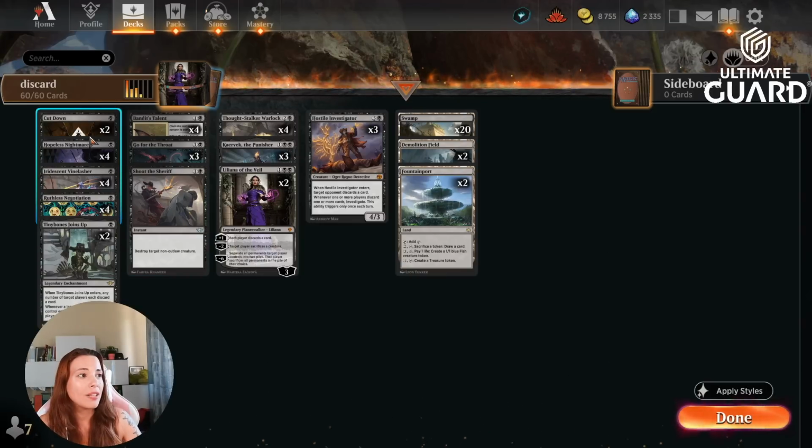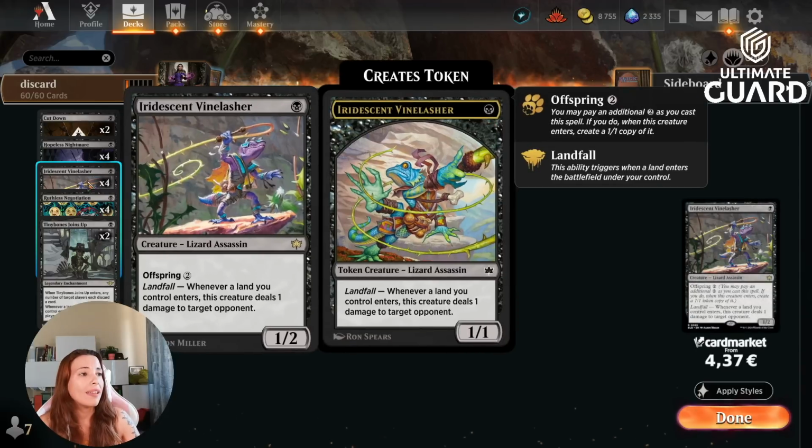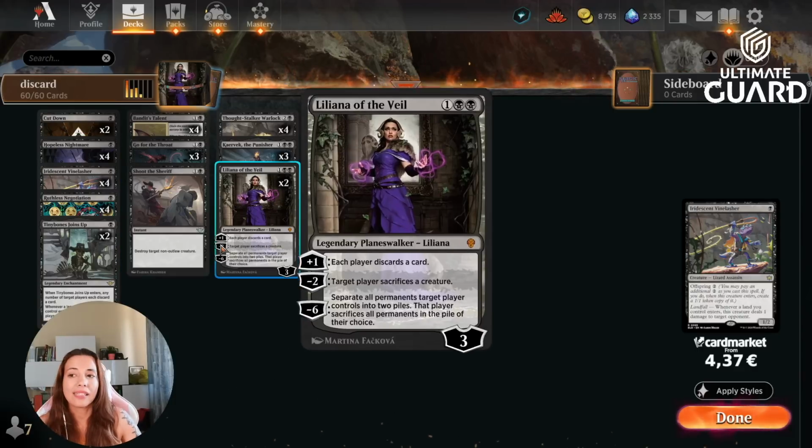Okay, so first of all, we're running 2 Cut Down, 4 Aplus Nightmare, and here Aplus Nightmare is important for not only the discard effect, but lose 2 life, because we have one card that wants our opponent to lose life. We have 4 Vinelasher. Again, this is another way to start winning, with Vinelasher, these Aplus Nightmares start stacking up